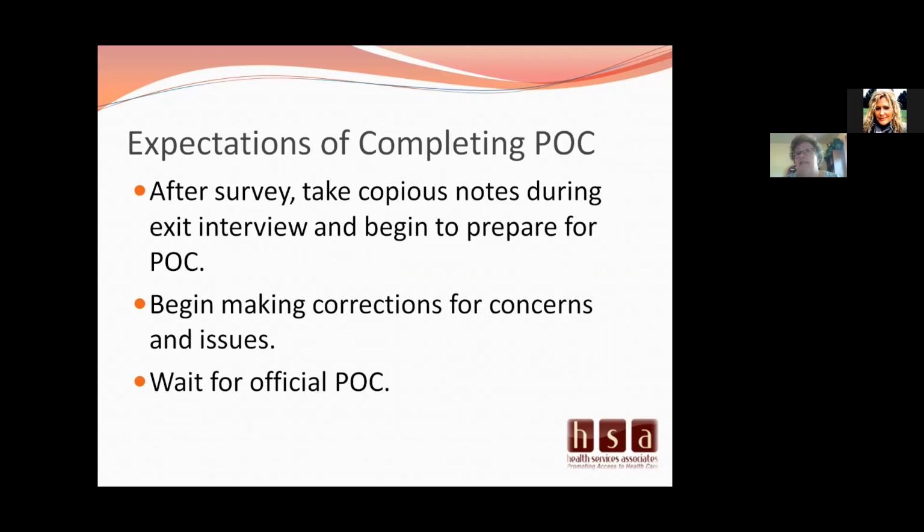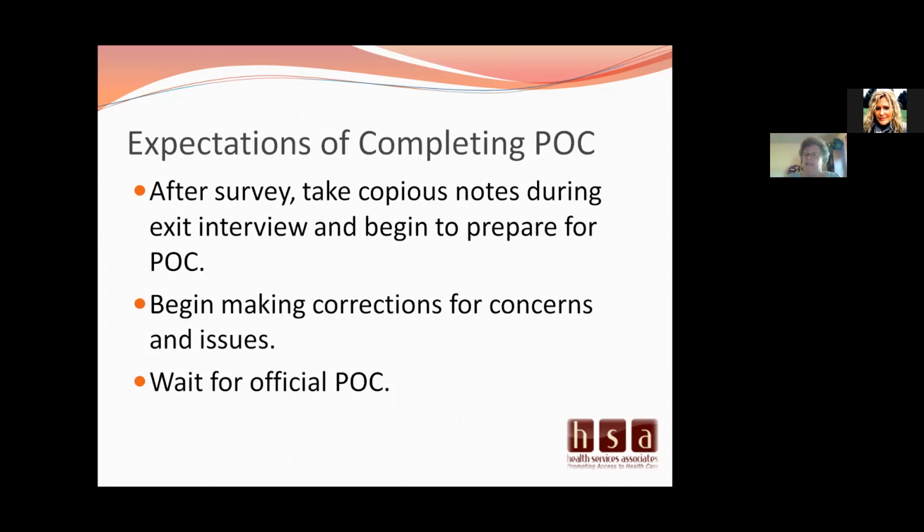For instance, one of your deficiencies was a multi-use vial open date that had already exceeded the 28-day pharmaceutical guidelines, so it should have been discarded already. Well, you can start working towards training staff, working with staff, and putting in processes that can make this not happen again. So use the exit interview as a guideline to begin making the corrections immediately.